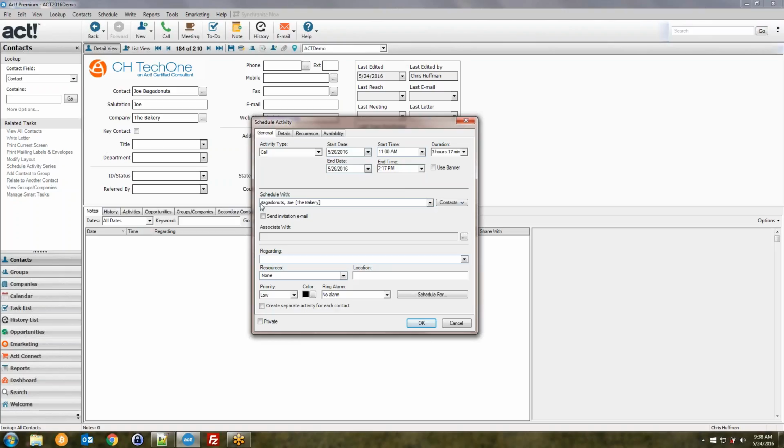It shows that this call is scheduled with Joe Bag of Donuts. There's nothing that we need to do here in order to change the schedule with box. But if we want to include other people on this phone call, and again, this is just going on our own calendar with this schedule activity button, but for our reference we want to add other users to the call, we can use this contacts dropdown, go to select contacts,